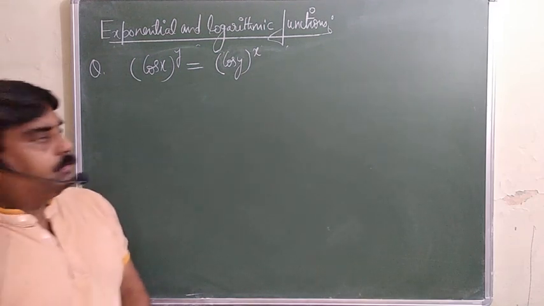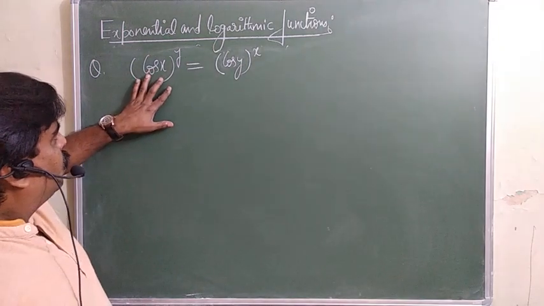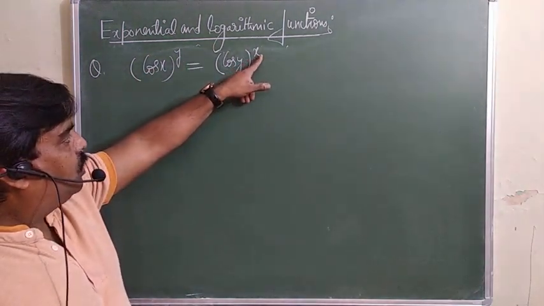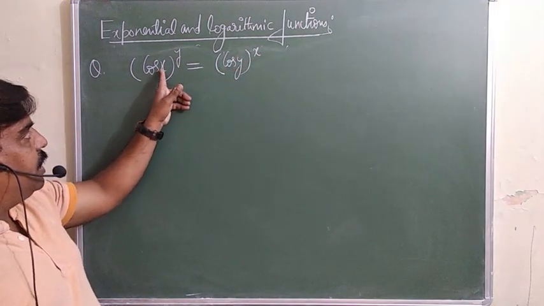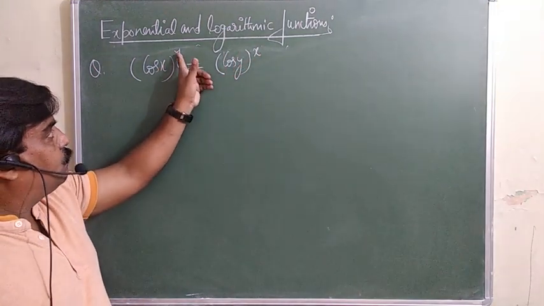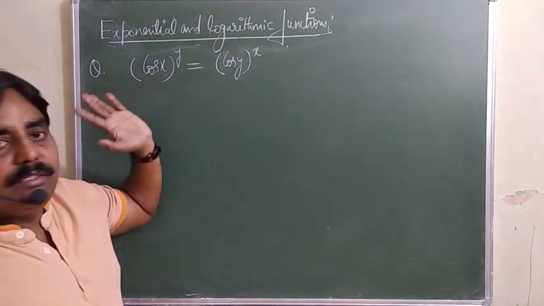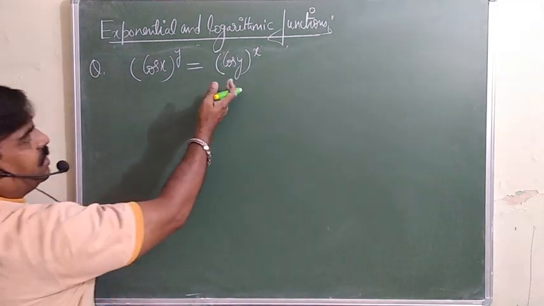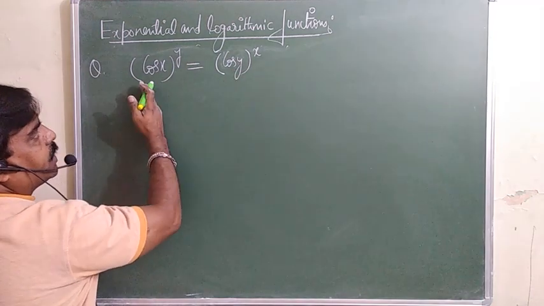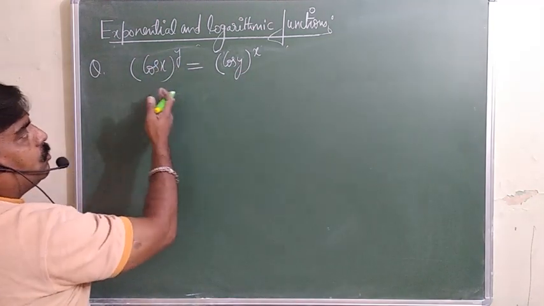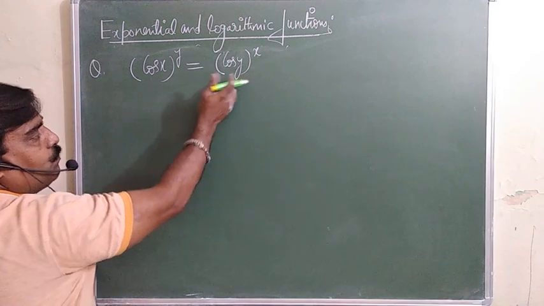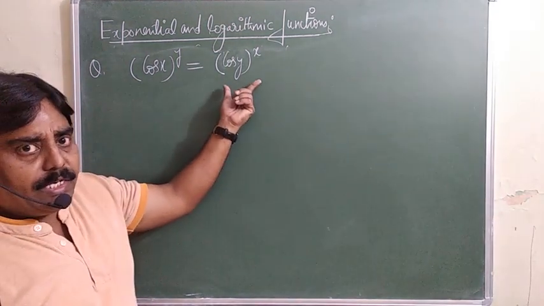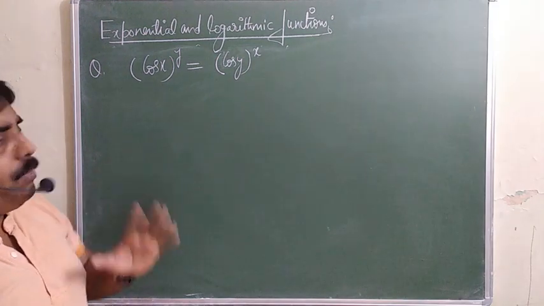Yes, now the question is (cos x) whole raised to power y is equal to (cos y) whole raised to power x. Look at here now. यहाँ x है, here is y, then here is y, here is x. We are supposed to find the derivative of this one, means we want to find out dy over dx. So one thing is there, you can transpose this to this side, equal to 0 you can do, then you can assume this is u and this is v, and then separately you can find the derivative of this one as well as this one. That is also one of the ways.